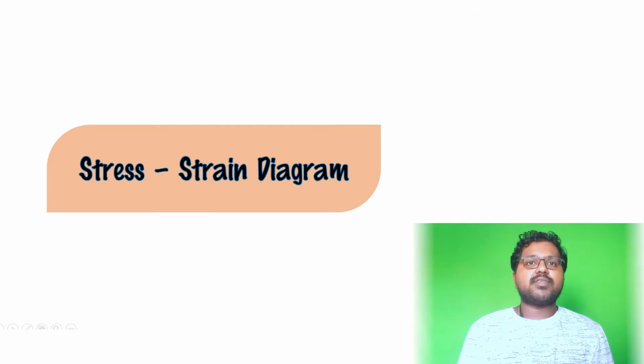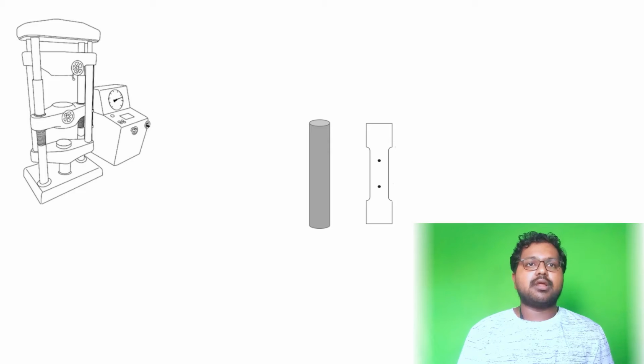The mechanical properties of the materials are determined in the laboratory by performing tests on small specimens of the material in a material testing laboratory. The most common material test is the tension test, which is performed on the universal testing machine or tensile testing machine. It is performed on a cylindrical specimen of the material with grips provided on both ends, like the one shown here, and the test procedure is clearly explained in the virtual lab of NIT Surathkal. For your reference, I am providing that link here in the description.